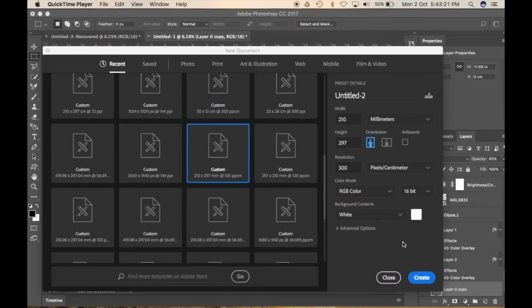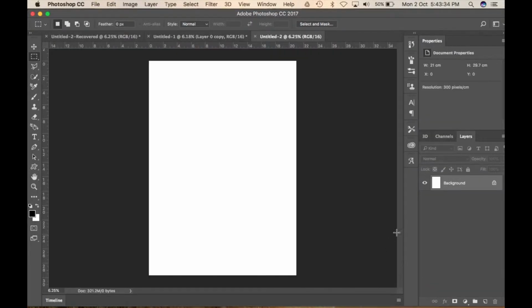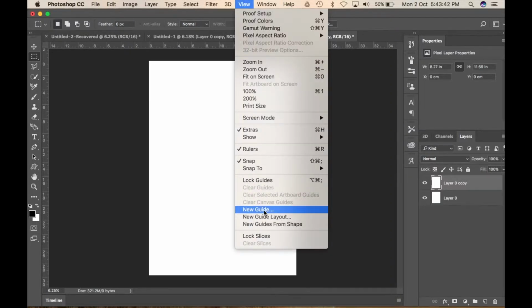So let's shift to Photoshop so that I can show you how to make these kind of resumes. So here we would take normal A4 dimensions, that is 200 millimeters wide, 297 millimeters as the height, and I would take resolution as 300 pixels per centimeter. So create. So once we have this, we can just make a duplicate by pressing Command J. Then go to View, New Guide,